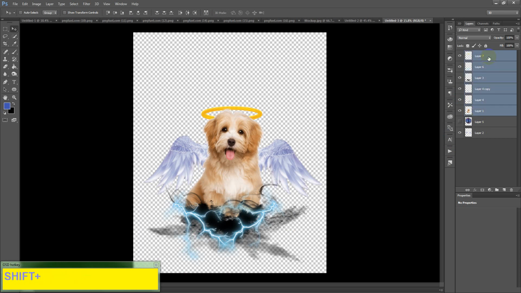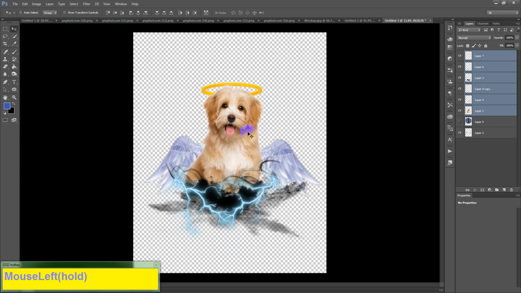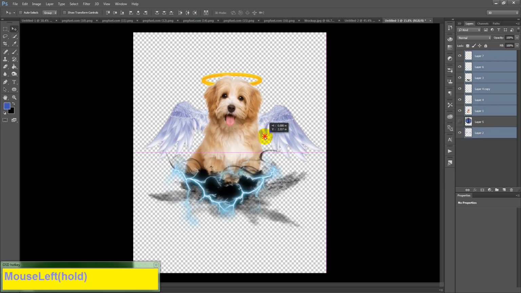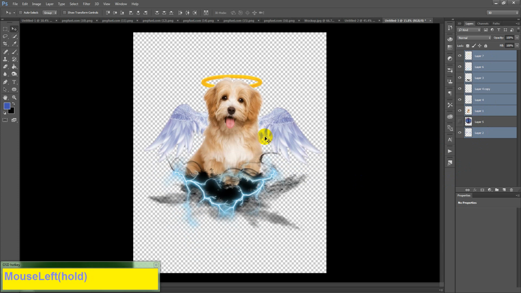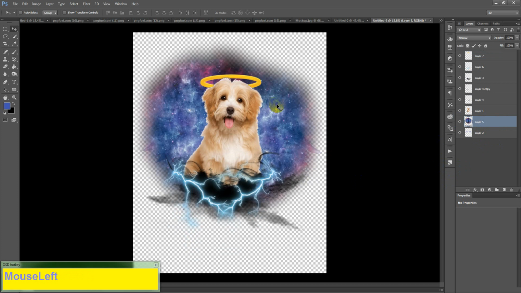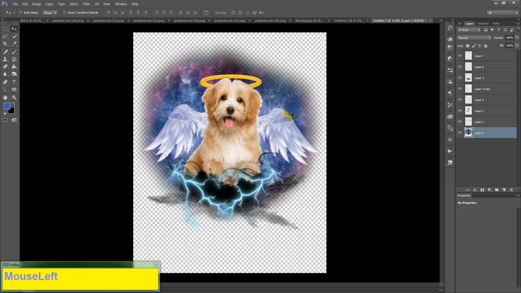I am going to select all of them, pressing shift. As you can see, I didn't select that wings layer, I need to select that also. Now if I bring that like this, it is moving all together. Now I need to turn on my background layer and then place it behind everything. Okay, as we cannot just use them as they are, I'm going to now select my dog